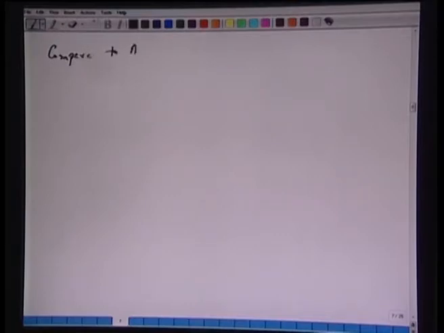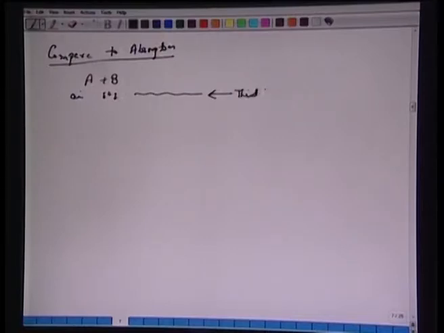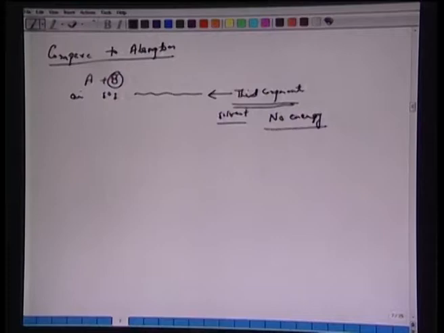So, compare this to absorption, all right. So, we have now A plus B, say air and SO2, we brought in contact with a third component. So, this is third component, and here one has to be careful, this third component, a solvent should have larger solubility for B, which we want to remove, but we have to bring this third component. No energy, we do not require any addition of energy, although the absorption could be non-isothermal or exothermic.